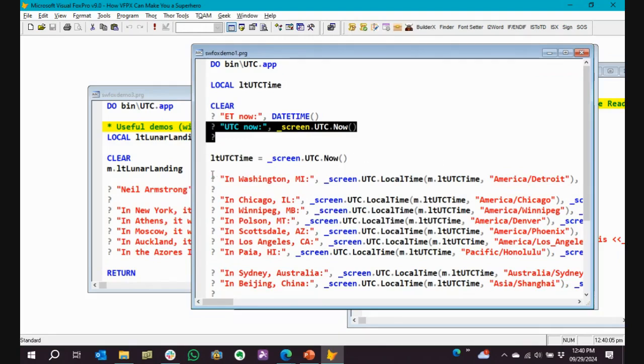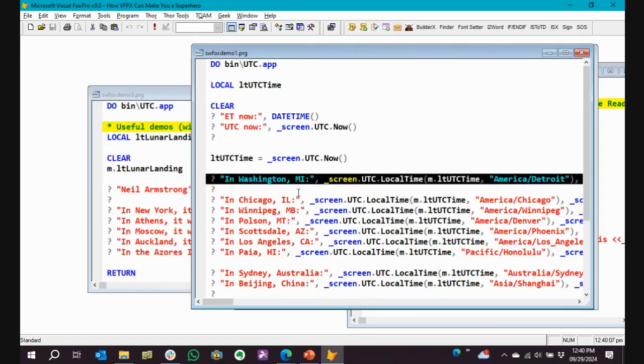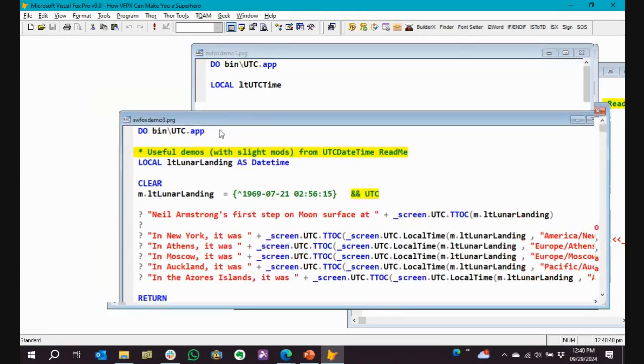If I want to do math in Washington, Michigan, I can look at the local time based on what the universal time is at this moment, which I already grabbed. So I have universal time. If I know universal time, I now can find out what time it is in any place in the world, as long as I know the time zone identifier, which in the white paper I refer to a wiki page that will give you the various time zone identifiers. Let's just run this.